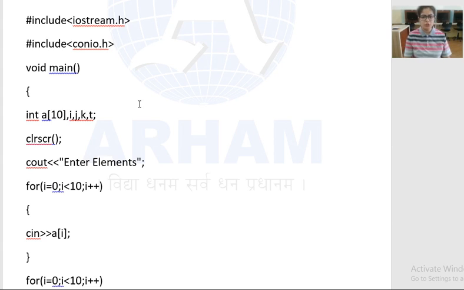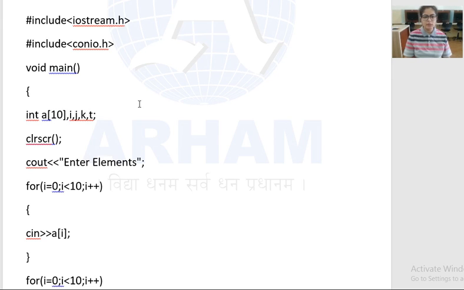Now the clear screen function. Clear screen function is used to clear the previous output on the output screen. So the function is clrscr, with the function brackets, and it ends with a semicolon. Next is the getch function, getch, then function brackets, and it also ends with a semicolon.